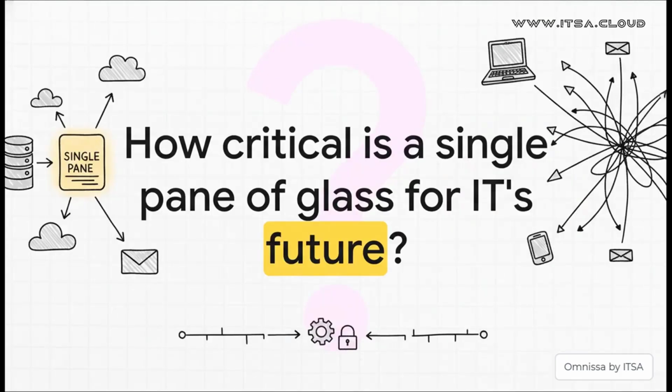And as we look forward, our IT landscapes are only getting more complex, with stuff spread across our own data centers and the cloud. So this need for a single pane of glass, it's not a luxury anymore, it's an absolute necessity. The real question isn't if you need a tool like this, but how you're going to use it to stay ahead of the curve. It really makes you think about what the future of IT administration is going to look like, doesn't it?